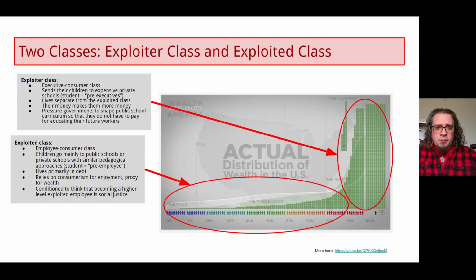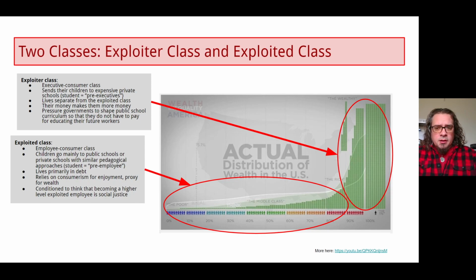So even when they do go to private schools in the U.S., they still tend to focus on the same kind of curriculum: how to become an employee, right? The children are considered pre-employee, that is their status, and we talk about going to public school for the sake of getting a job. So this is not a stretch. This is part of our vernacular, part of our everyday use. We put that priority on top of everything else in education, and we do that willingly. But we don't always understand the implications of what that means.